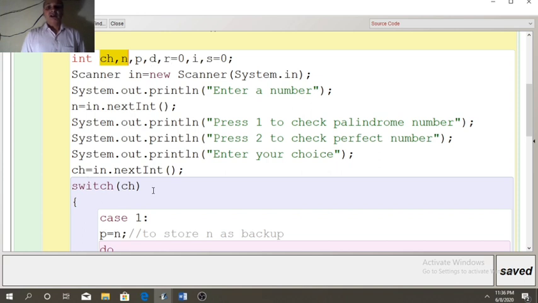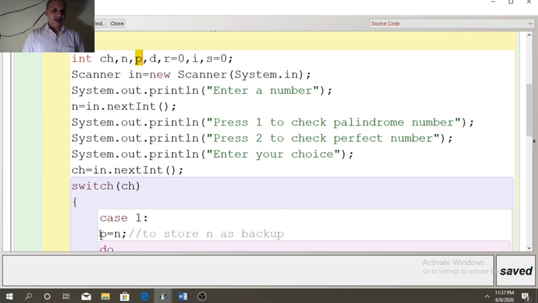In case 1, our objective is to find palindrome number. For that we have to reverse the number first. For reversing the number, first we need to store the same number in a variable p as a backup.